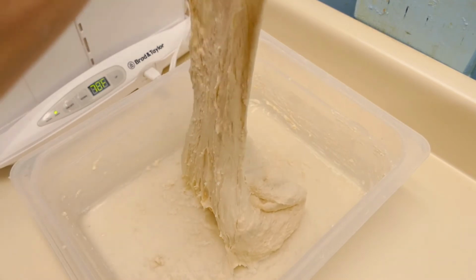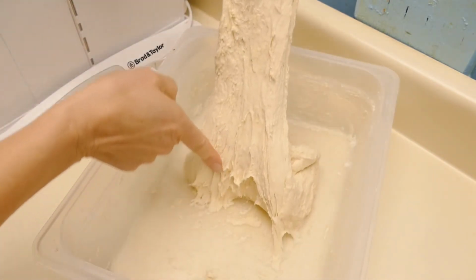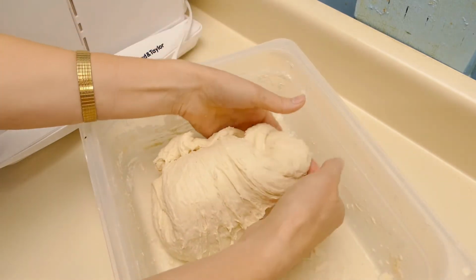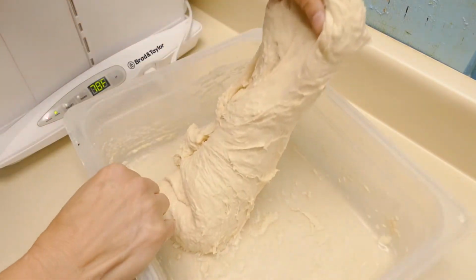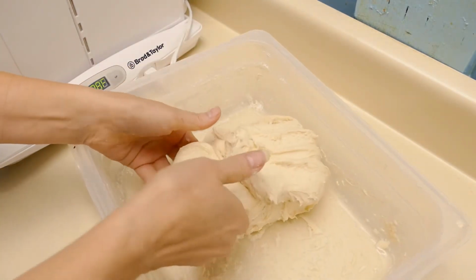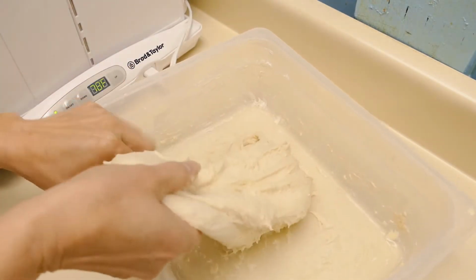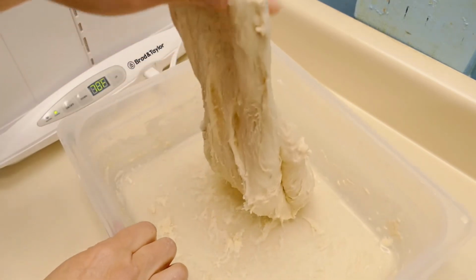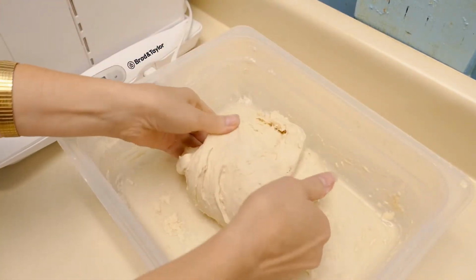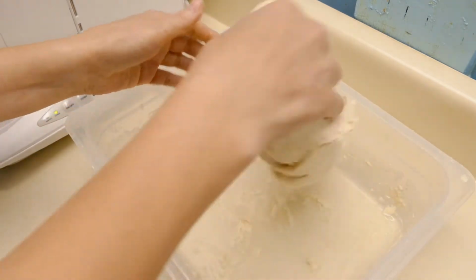Stretch, stretch, stretch. You can see the gluten fibers. Stretch. Then you take it from either side, pull it up, stretch. Stretching aligns the gluten strands and makes the bread stronger, makes the network of gluten strands stronger. Then we'll turn the whole piece of dough over,